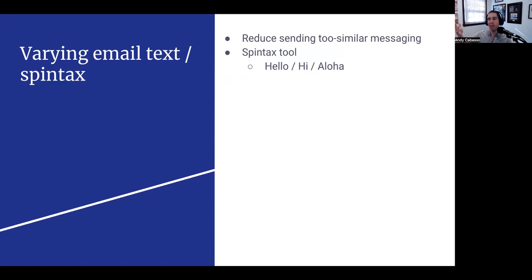So instead of saying just hello or hello person's name in your greeting line, you can say hello, hi, aloha, greetings, whatever you want. You can rotate between those, or have different sentences or phrases, and rotating between those will distinguish the individual emails in your campaigns more.